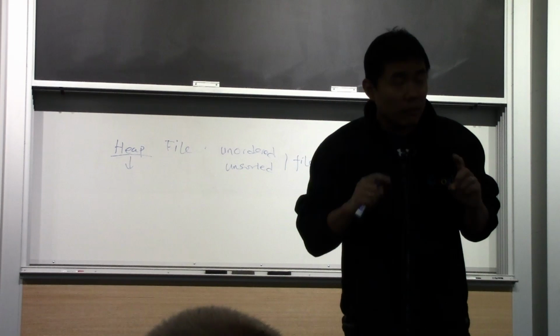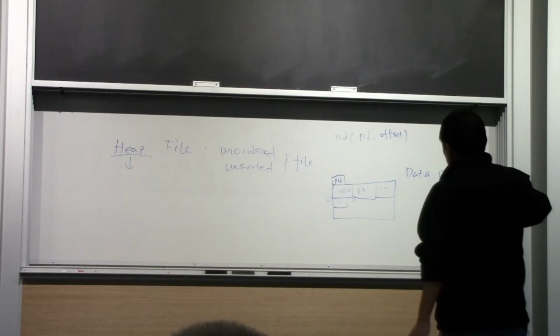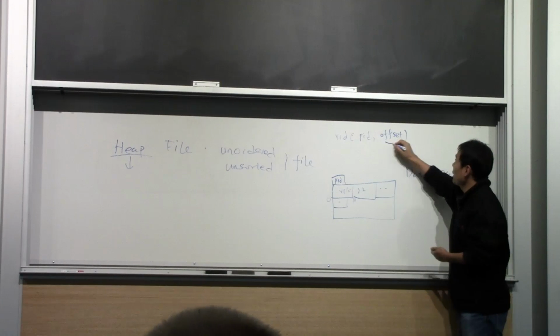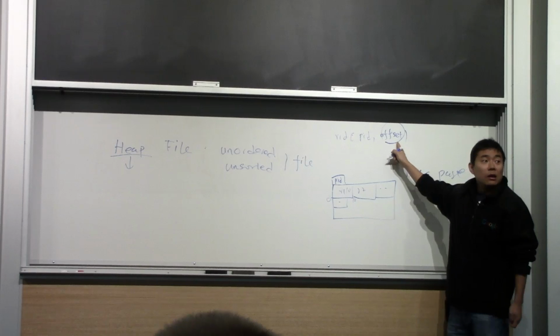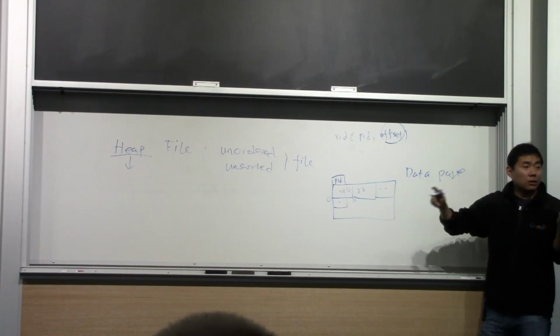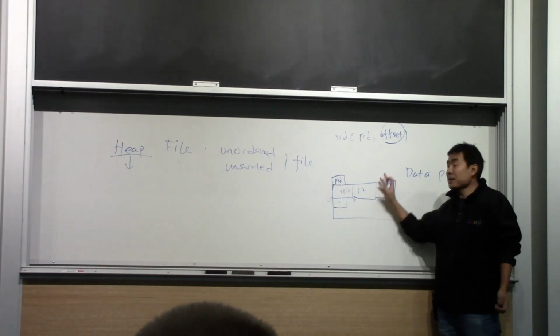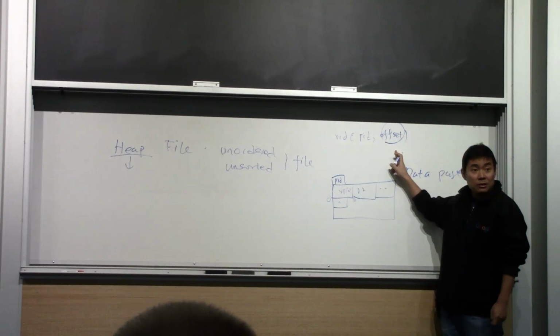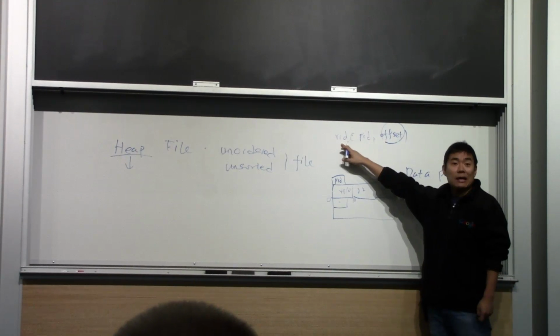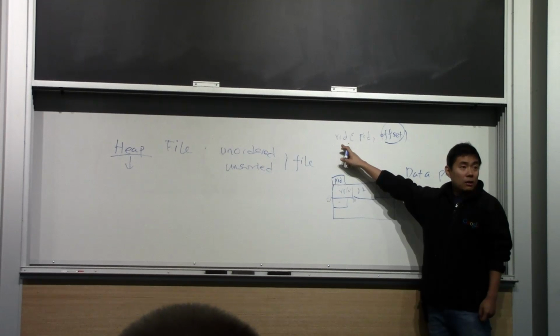So record ID in a high level, of course there are many more details than this. In fact, typically they don't use offset. They use something else to abstract away this offset, because offset is a bad choice, because if you move a record on this page, the offset value may change. Does that make sense? Which implies your record ID may change for the same record, which is not good news.